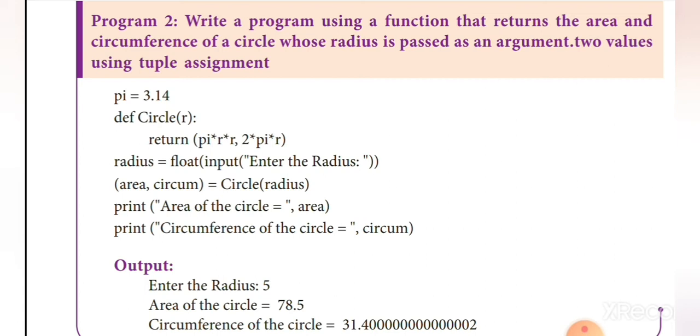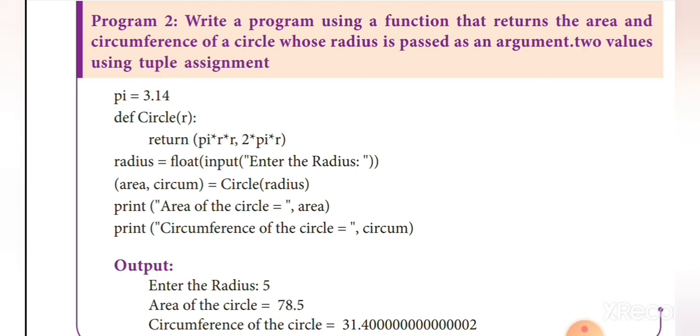Radius. Okay, for that we are using the variable r. The variable r carries the value of radius. And then what is the formula for circle? Pi r squared. So this formula can be written in the return statement. Return within brackets pi into r, pi r square, comma, and then the circumference formula is 2 pi r, 2 into pi into r. Okay, so we calculate the area as well as circumference in a single statement.